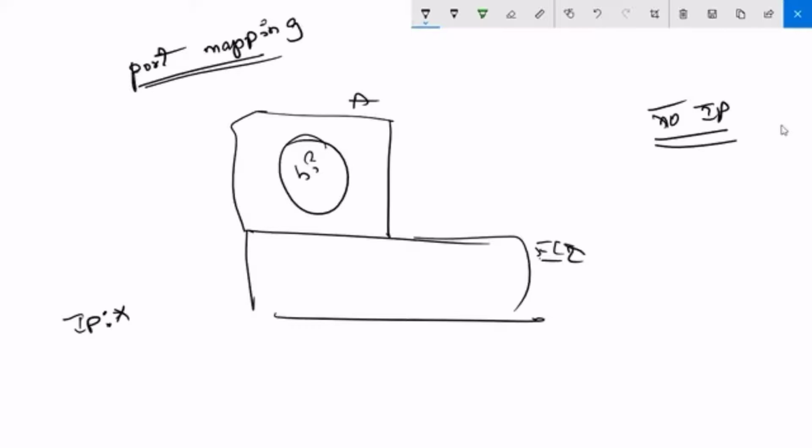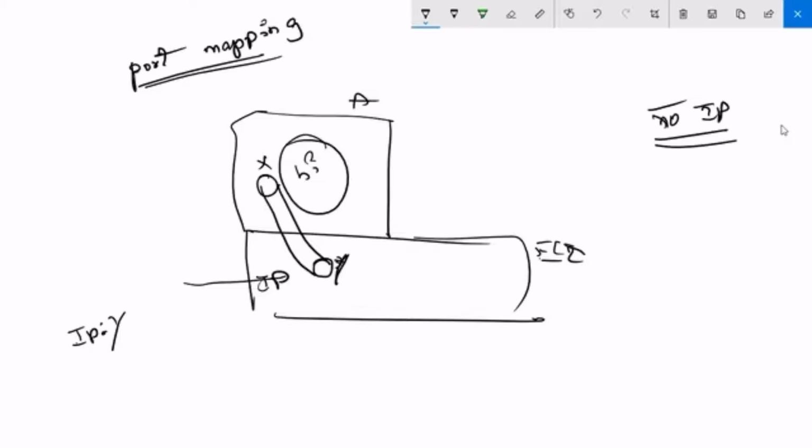So to get this web page, we take one port from the base machine and one port from the container, for example X and Y, and map these two ports. You have an IP address for your base machine, so in your web browser, type the IP address of your base machine and its port.